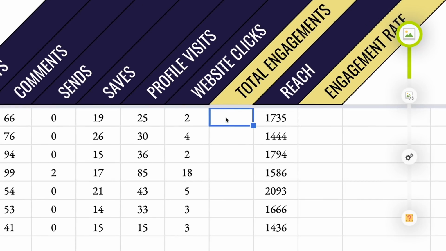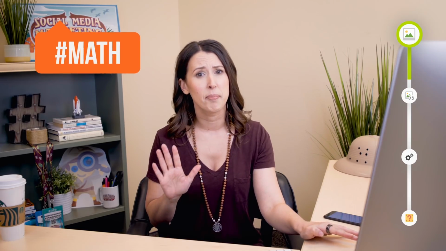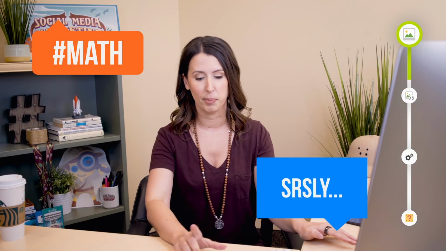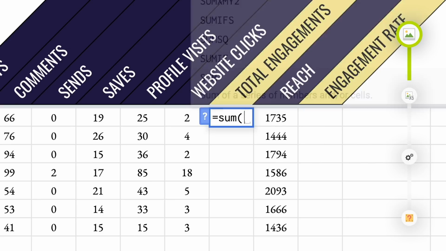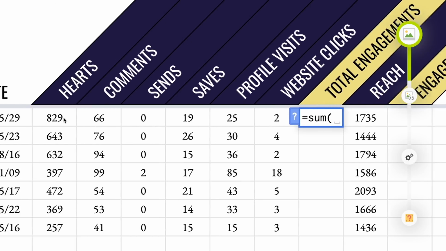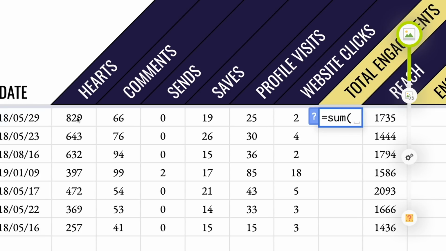What we're going to do is then head on into the spreadsheet where you'll put your cursor in the total engagement column at the top. Then we're gonna do a quick and easy spreadsheet formula. Yes, I know, I said I'm a spreadsheet nerd, so you might be thinking, #MathBond, I really don't wanna do this, but let's make it simple. We're going to input the formula equals, then sum. We'll open the bracket, and then we'll click the top row in that same row that we're doing the formula from, the hearts column all the way over to website clicks, and then close the bracket. That is how we total up the number of engagements that that post had.